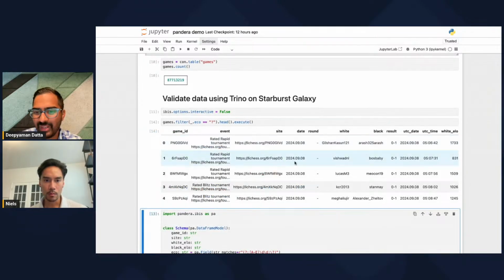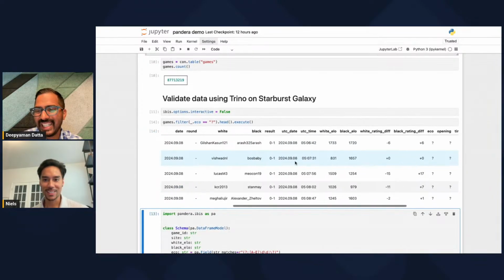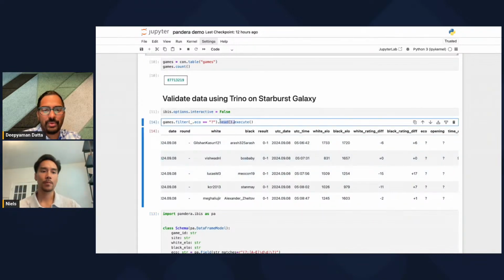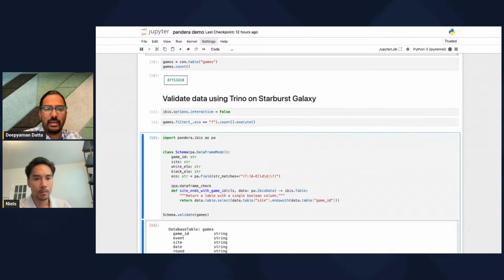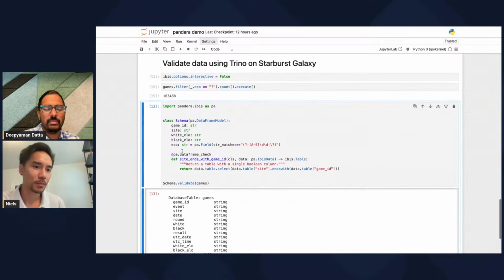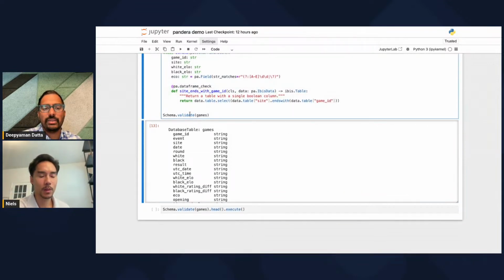Oh, my live coding worked. Yeah, so we can see that there are some things in here where the eco is a question mark, the opening is a question mark. It's probably not a ton of them, so that might be why we didn't have it in our local data. It's a total of like 163,000 out of that 87 million. So we got a bit lucky.